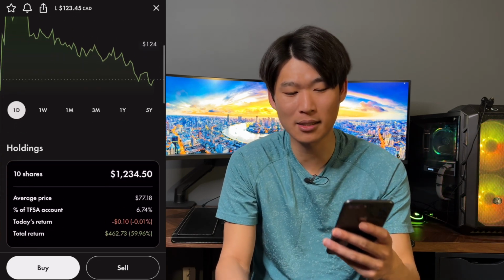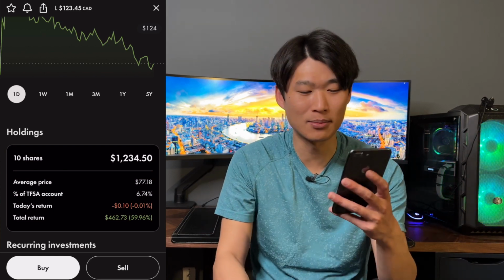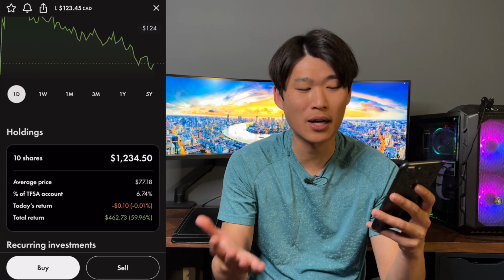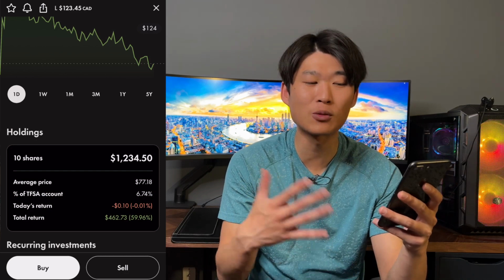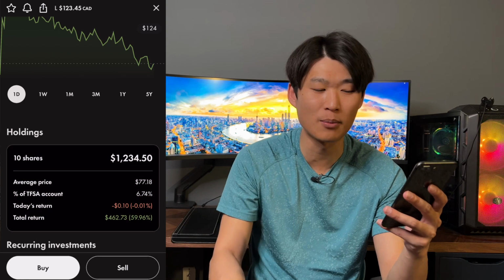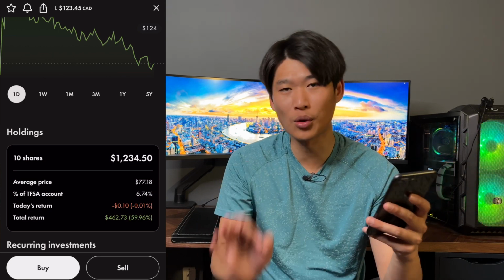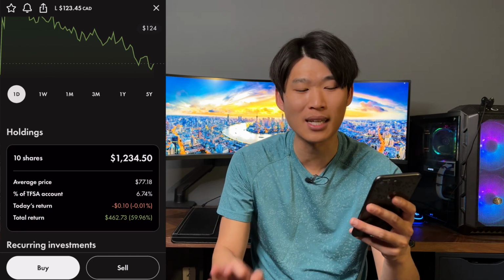This is my best performing position, and I haven't bought it for quite some time, and I'll actually show you at the bottom there. We have 10 shares, total position value of $1,234.50. Average price of getting in is $77.18. Holds about 6.74% of the portfolio. Today's return, or Friday's return, was down 10 cents. Total return since owning this position is $462.73, a